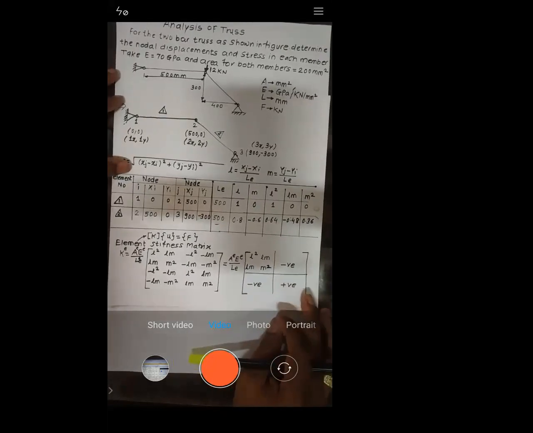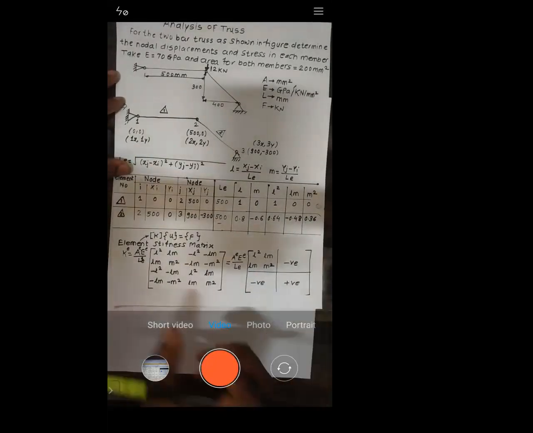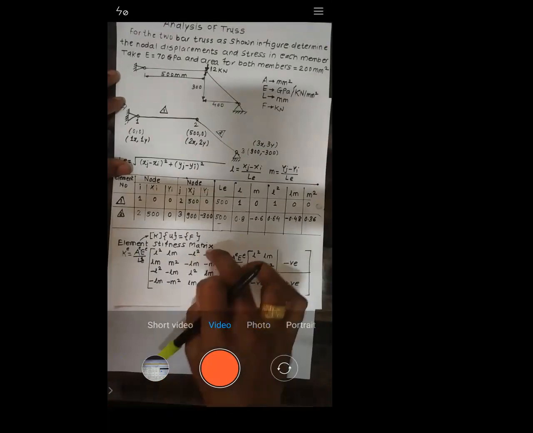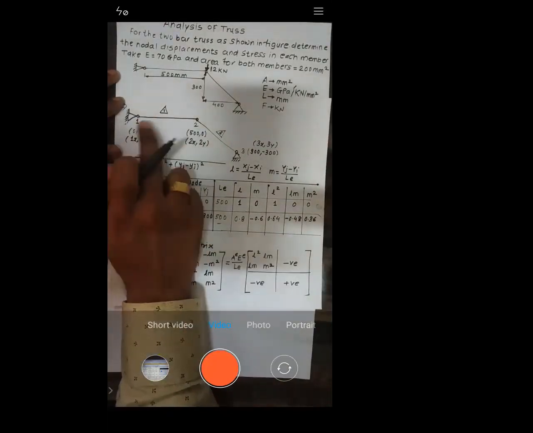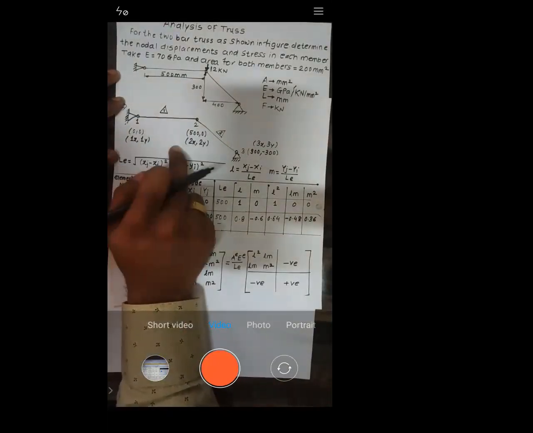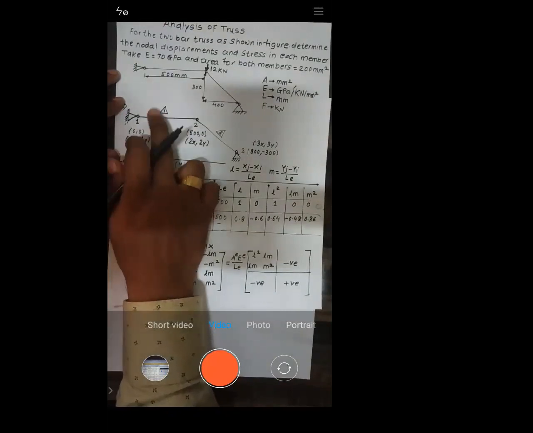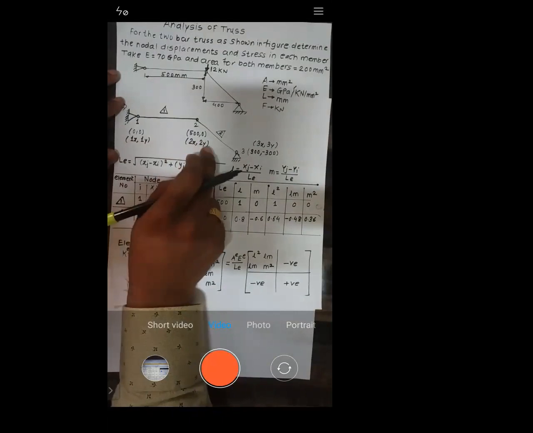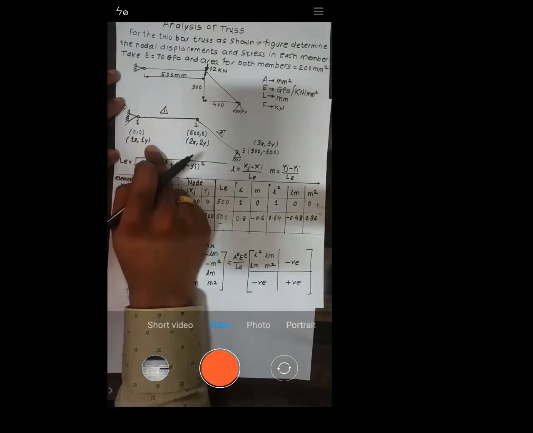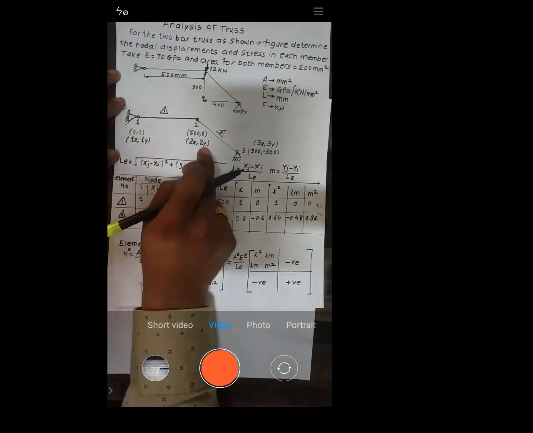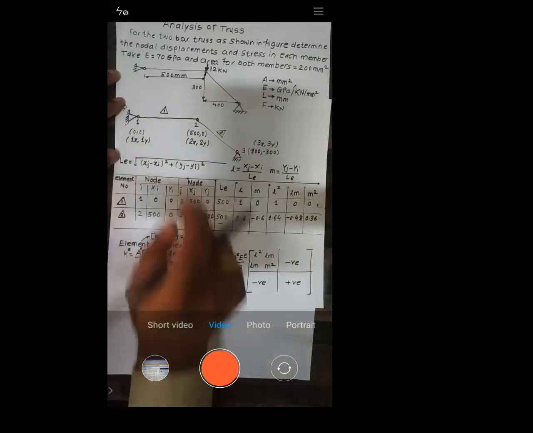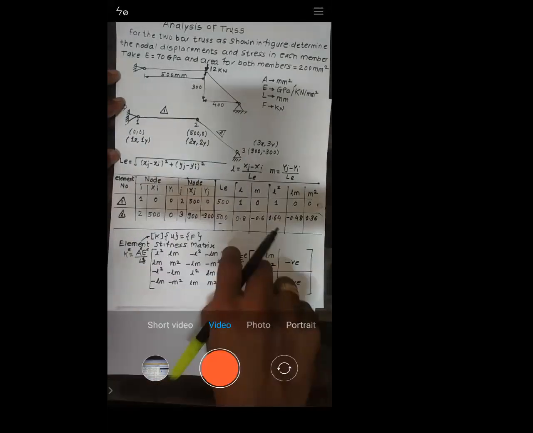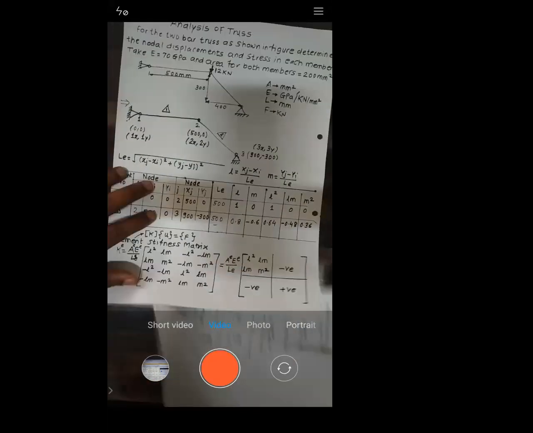Is it okay or not? Let me know why this size is 4 by 4. Because each element will have 2 nodes, and each node will have 2 degrees of freedom. So for every element, how many degrees of freedom are there? 1, 2, 3, 4, right? 1 can move in x, 1 can move in y, 2 can move in x, 2 can move in y. So for every element, there are 4 degrees of freedom, so the size of this matrix is 4 by 4. Is it okay with this one or not? Let me know. Yes, sir.